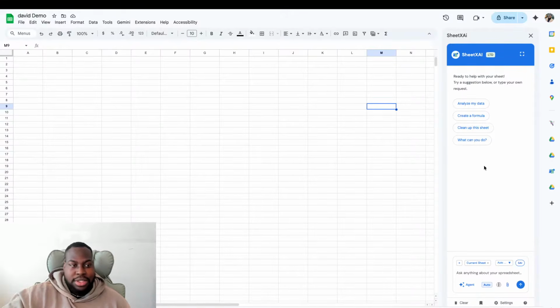So now I'm gonna check the comments. So one sec. How do you get SheetXAI on the right sidebar? Okay. So to get it on the right sidebar,